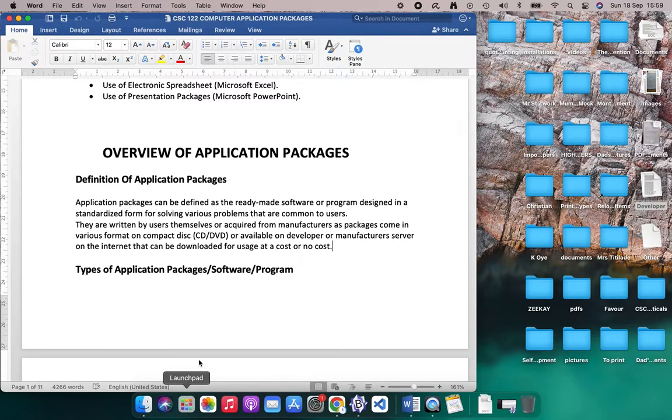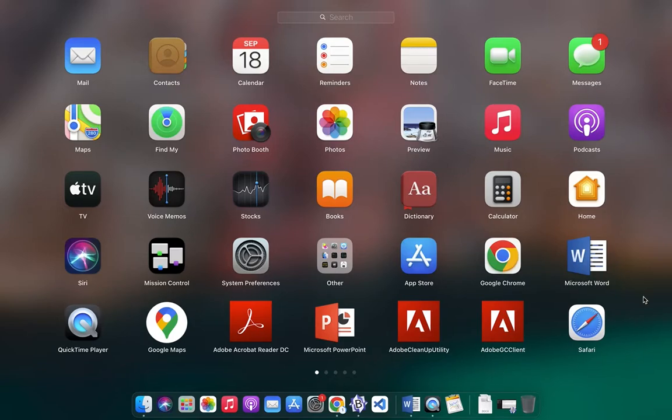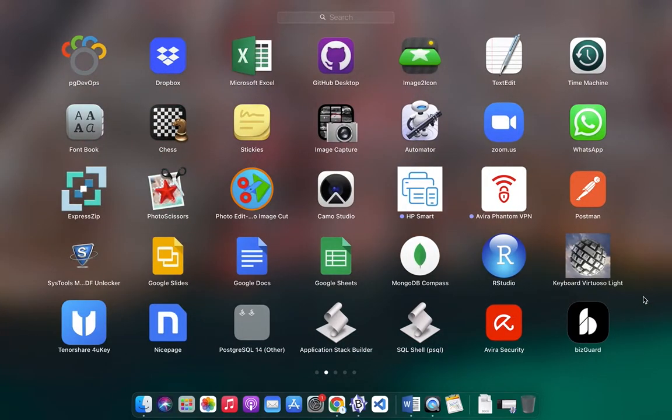Let's go for example. This is to help me take photos. It's an application package. This is for map. It's an application package. This PDF reader, Microsoft PowerPoint, browser, Microsoft Word, Google Chrome. All these packages, I may not choose to have them on my system. I may choose to delete them